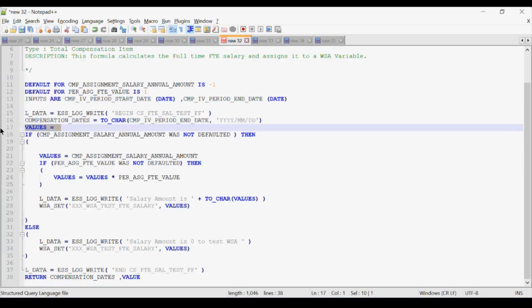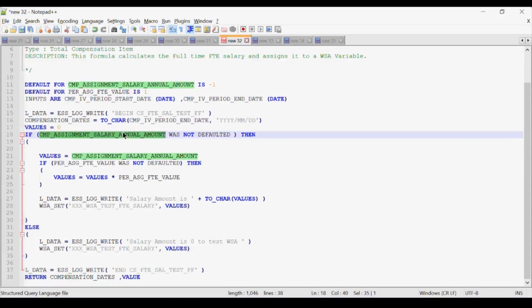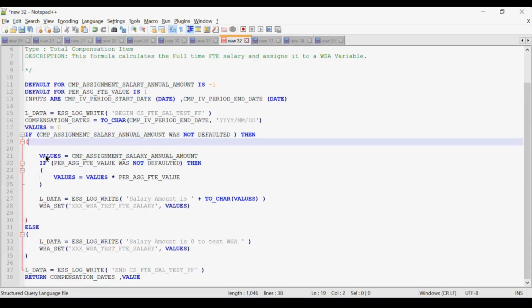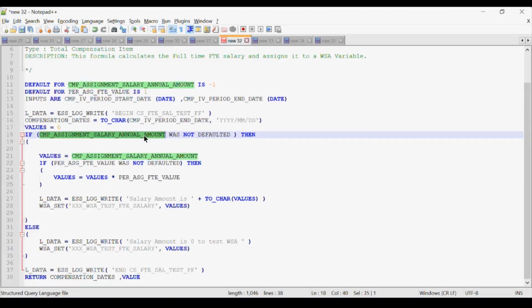Value is a local variable. I have assigned 0 as a value, and the first thing I'm checking is whether the annual salary is defaulted or not. Definitely this will get executed, because almost all the associates will have a defined annual salary amount.